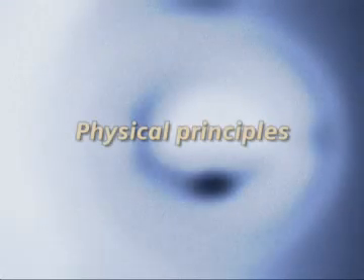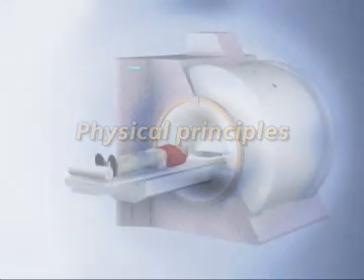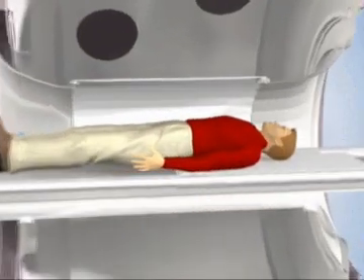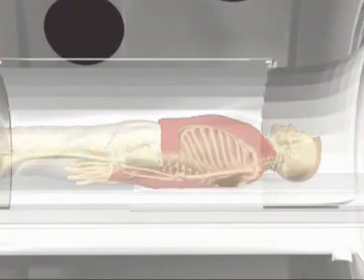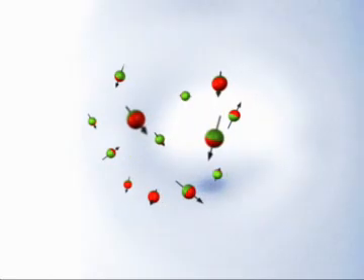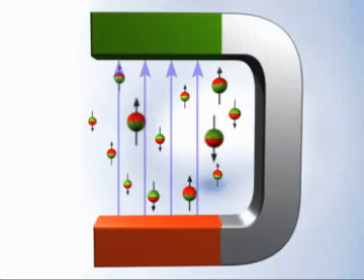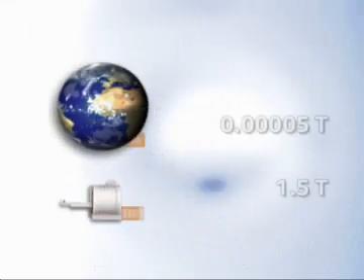Physical principles. The patient is positioned in a powerful, homogeneous, constant magnetic field generated here by a cylindrical magnet. The strength of the magnetic field is indicated in units of Tesla, and today typically ranges between 0.2 and 3 Tesla. In comparison, the Earth's magnetic field is approximately